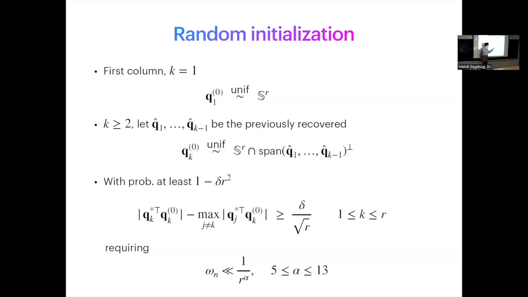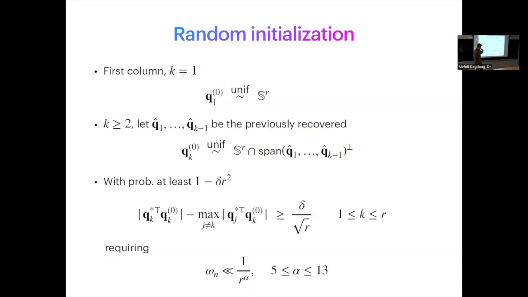You can choose delta as 1 over r squared, or 1 over log n, depending on the confidence level you want. The 5 and 13 correspond to choosing 1 over r squared, or say 0.1 over r squared, which gives you an alpha greater than 5. For the other, 13, I think if you assume something over,